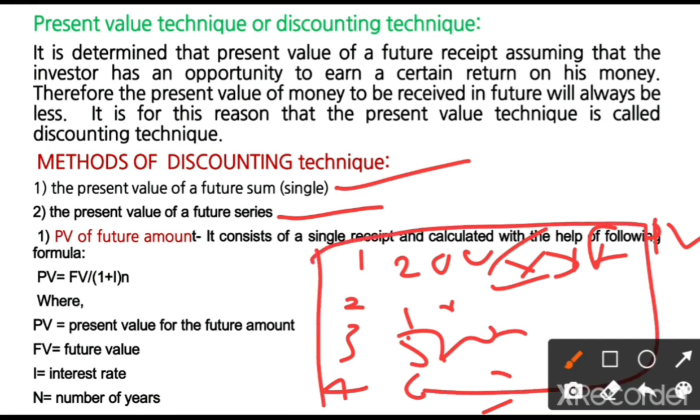The first one is present value of a future sum. What we discussed yesterday and today are problems relating to the present value of a future sum method. Whatever homework I gave is also regarding the first method only. I am not teaching second method related problems. It's not difficult also, but I am going to clarify the concept.